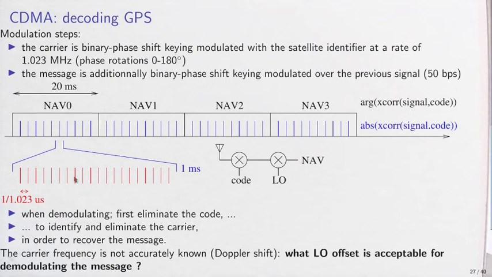1023 of these bits create one pattern, so that the pattern repeats every 1 millisecond, and every 1 millisecond we will get one correlation peak. The phase of this correlation peak will be the XOR between the navigation message and the pattern that was transmitted, so that now that we've cross-correlated with the pattern, we're only left with the phase value of the navigation message